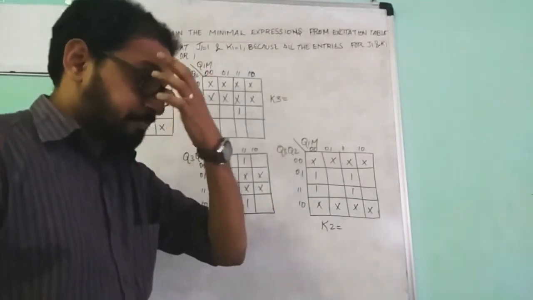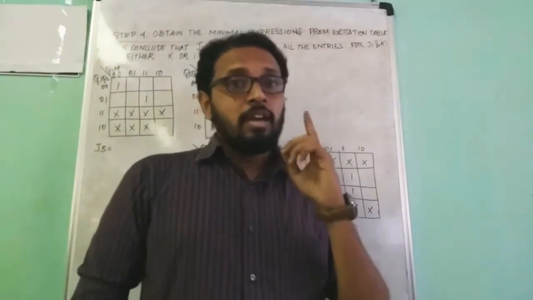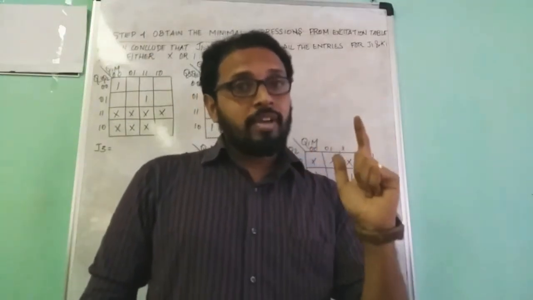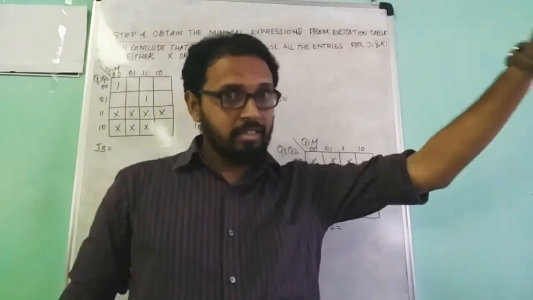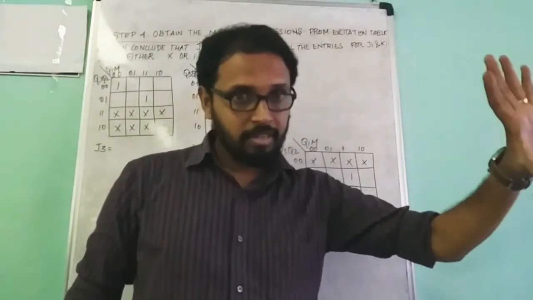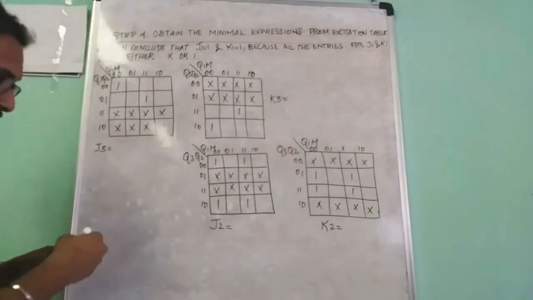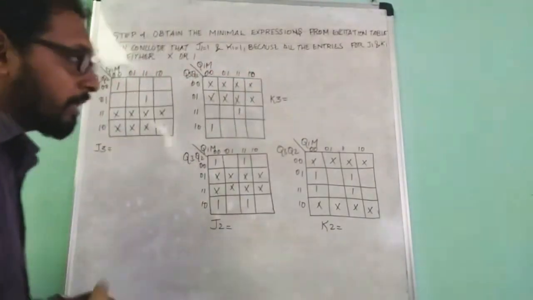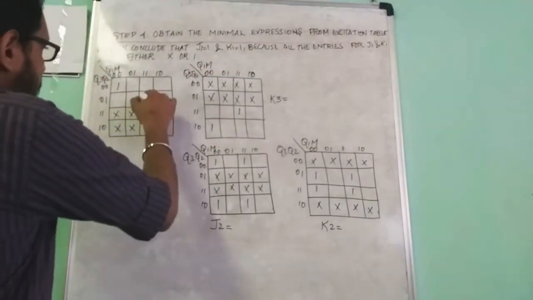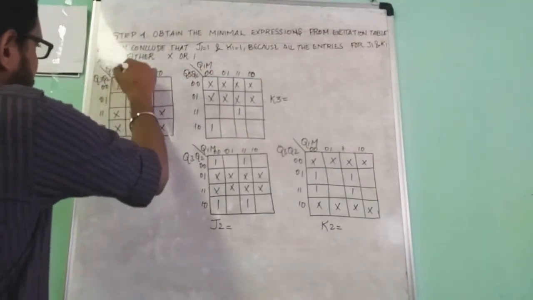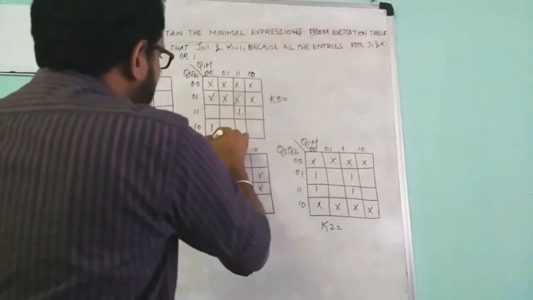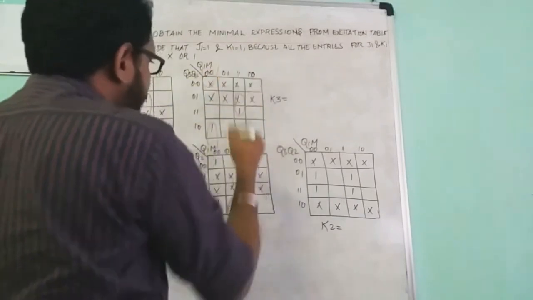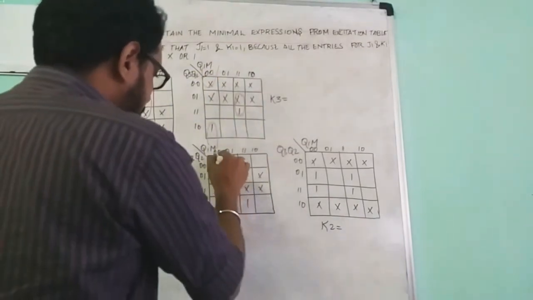Okay, and another thing to notice: the Q3, Q2, Q1 values should be based on the present state, not the next state, the present state. Clear? And also the mode value M. Okay, and now we go for the grouping. This is a pair, this is another pair. Okay, this is a pair and this is another pair.